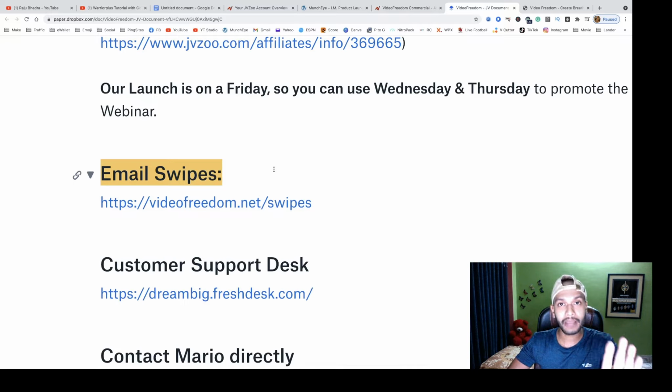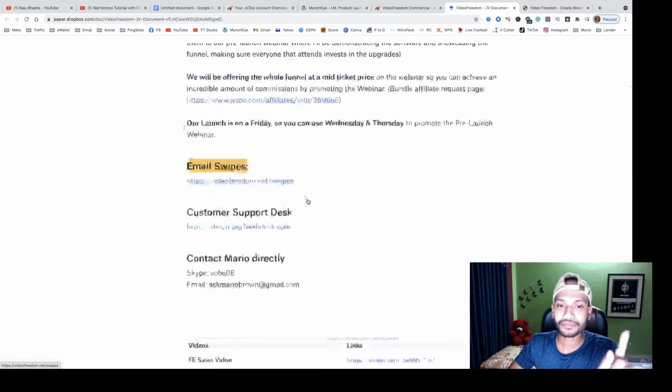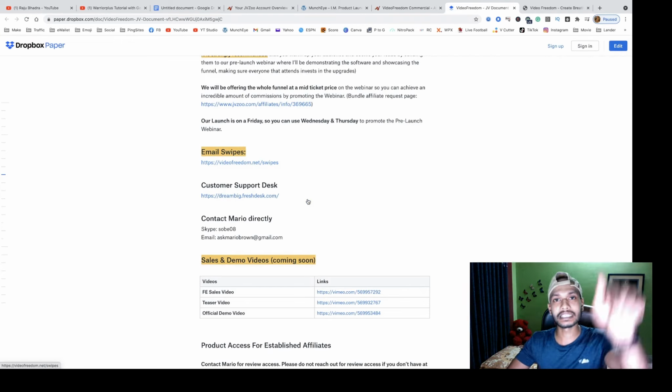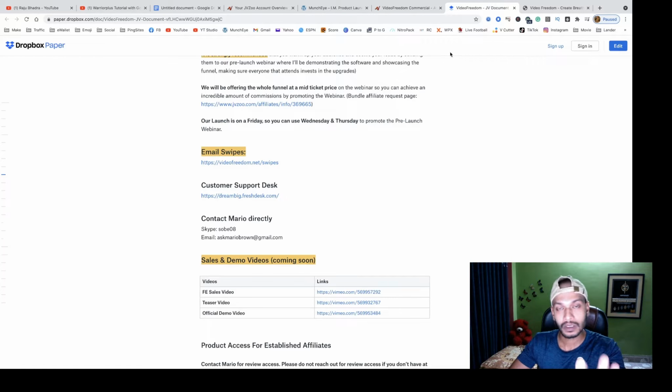For every product you get this email swipe, and you have to apply it. If you can write your own mail, then fine, you don't need help from here. But if you can't write your own mail, then you can use their email swipe, and you will get it inside the JV document, inside the JV page.